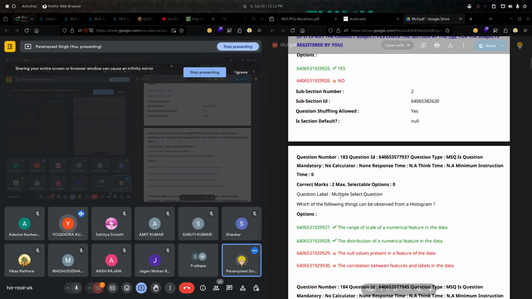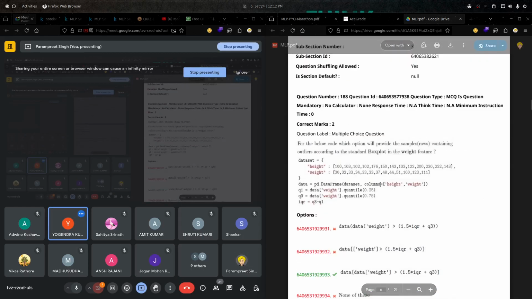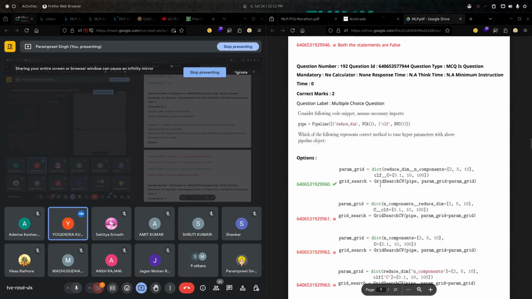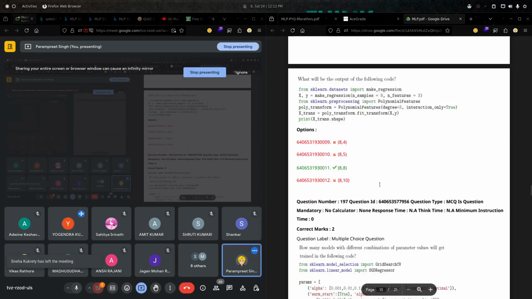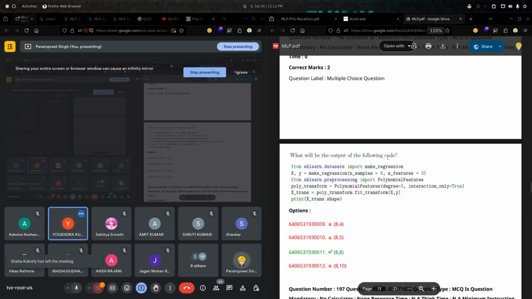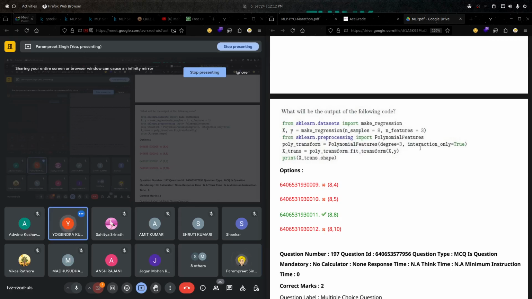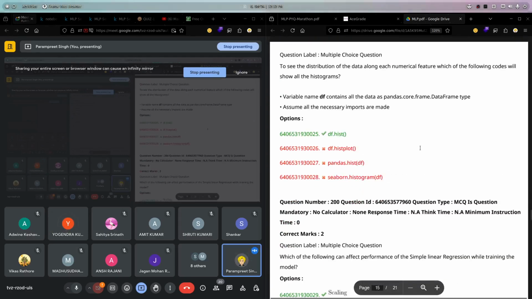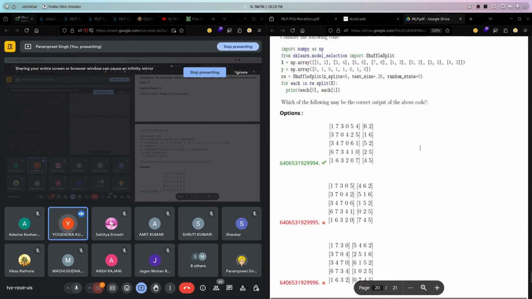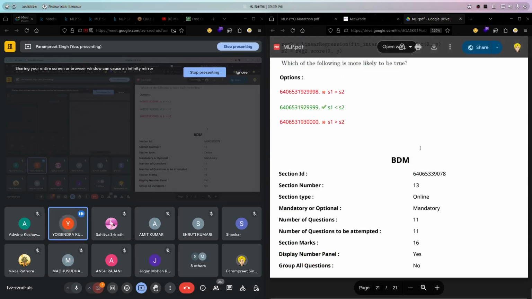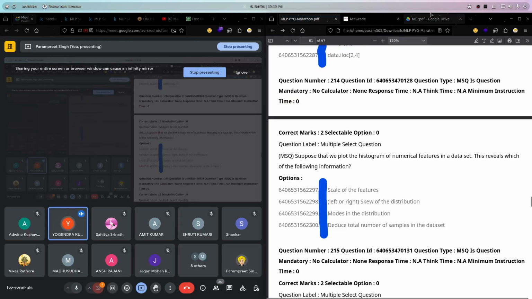What is the question? Actually, this is related to polynomial, and interaction only true, regression. Yeah, this one? No. Okay. Actually, it is similar to what we are doing in that paper. Yeah, the question paper has ended. If you can share the drive, no issue. I will discuss it.